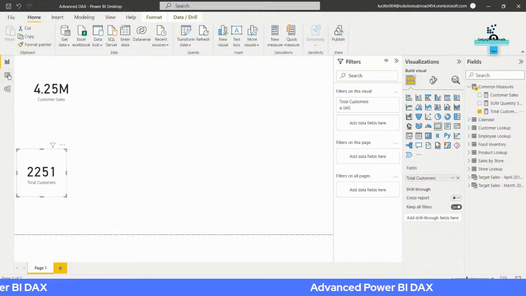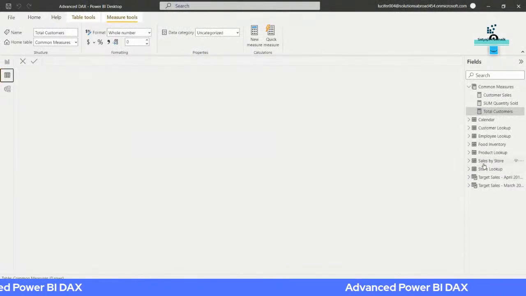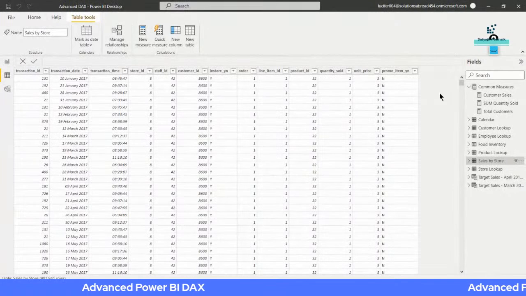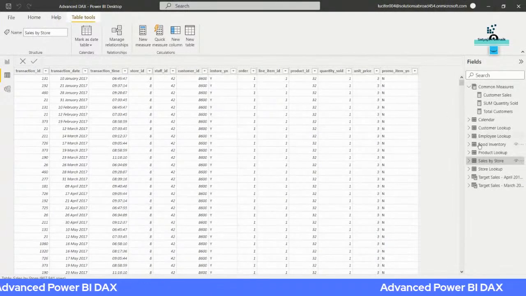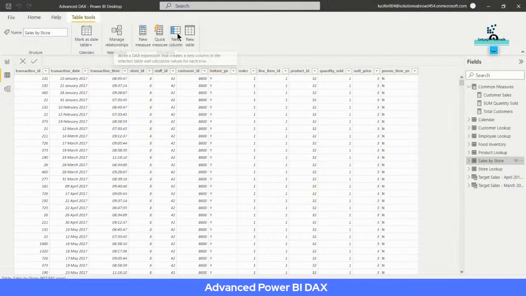Okay, for creating a calculated measure, we have to go into data view. It is good practice to go in data view and make a calculated column, because you have a complete overview of what you are going to do. So mostly go to data view and make it. So we will make a calculated column over here. So click on a new column,